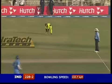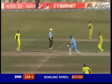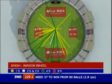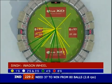Short again. Didn't get hold of that at all, but he'll get a single. This is one forgettable performance by Rana Naved. Into his 7th over, has gone for 57. That is Yuvraj Singh's